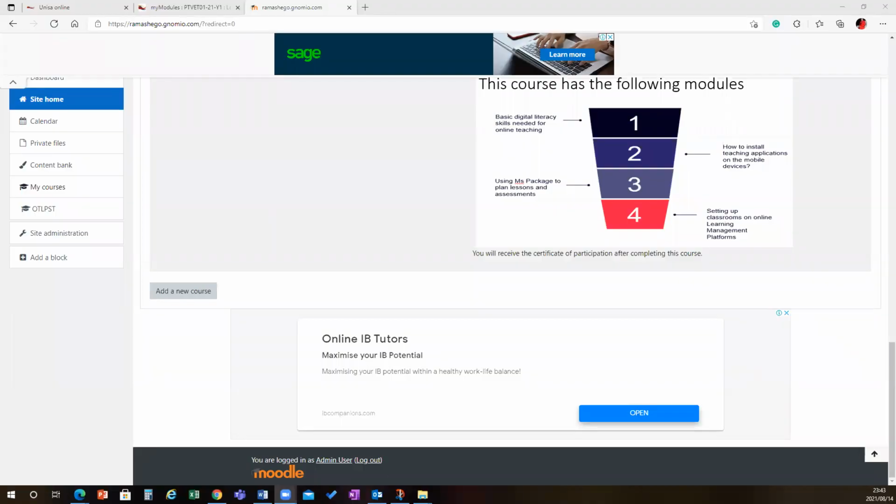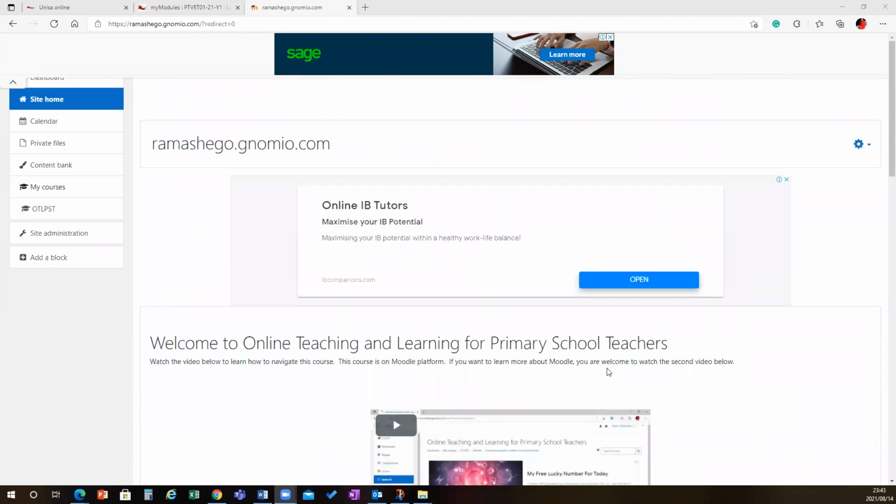All right, I hope you are back and then you followed all the steps to set up your Gnomio Moodle. This is my Gnomio Moodle. Your page won't look like mine, but I just want you to be at the stage where you see add the course. And when you scroll up, you will see your Gnomio that you have created. This one is mine. It is saying ramashiro.gnomio. Yours will have your name that you have chosen and